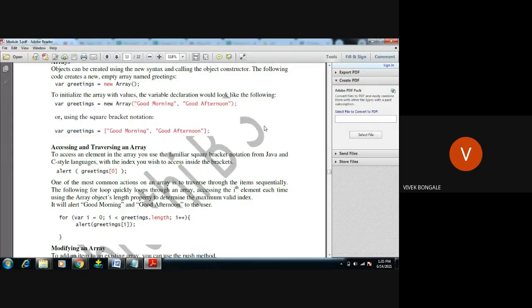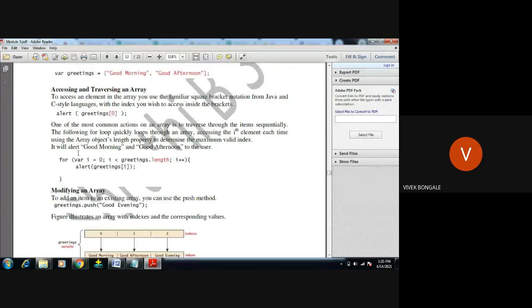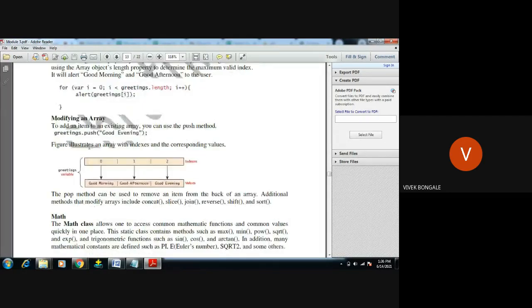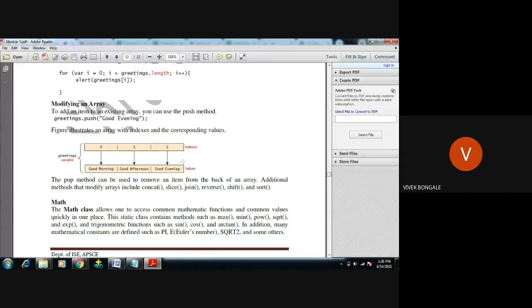For accessing and traversing an array, we use the for loop to access the values. Modifying an array is done by using the pop function and the push function, to modify the values in the array.